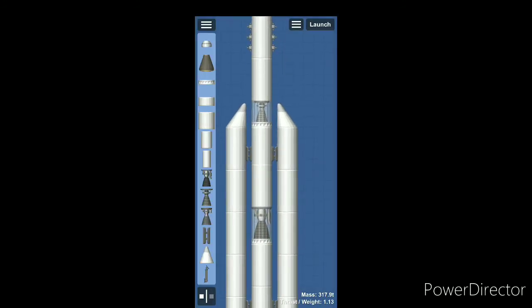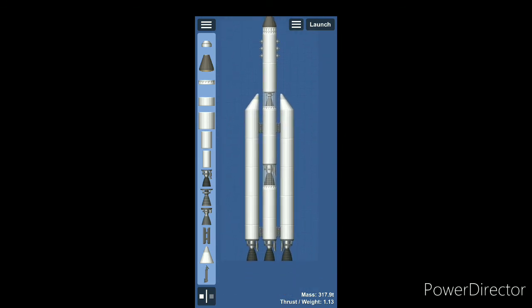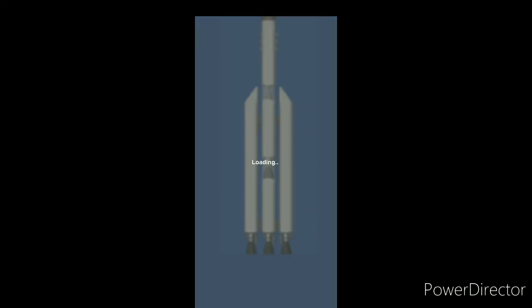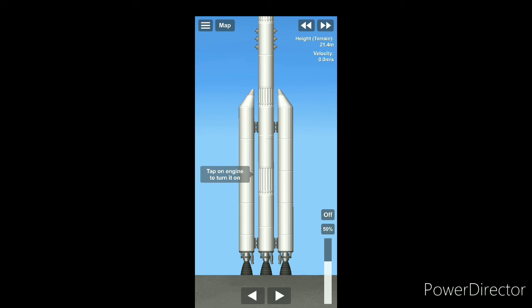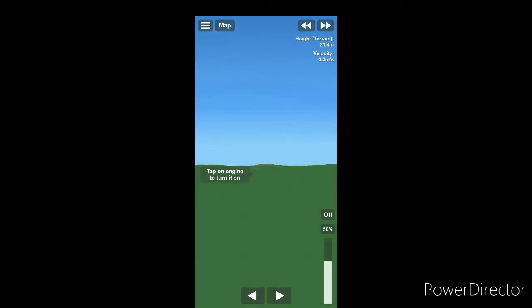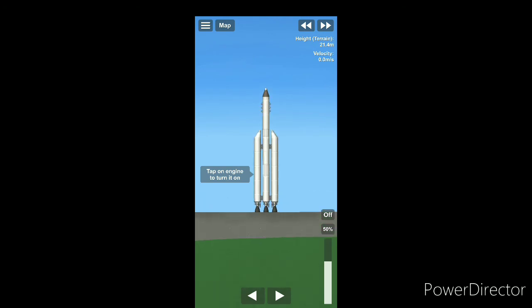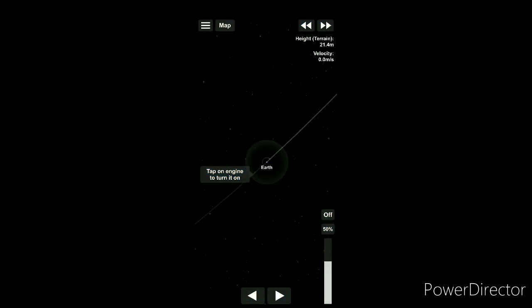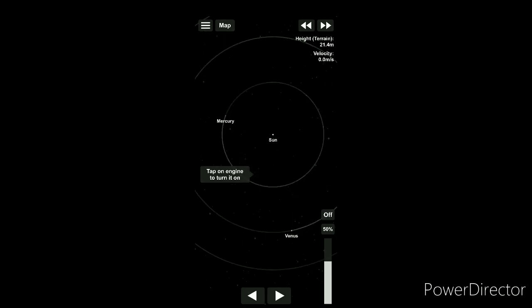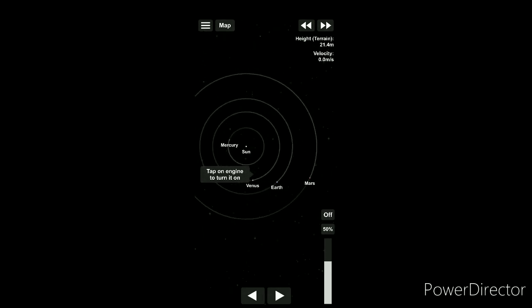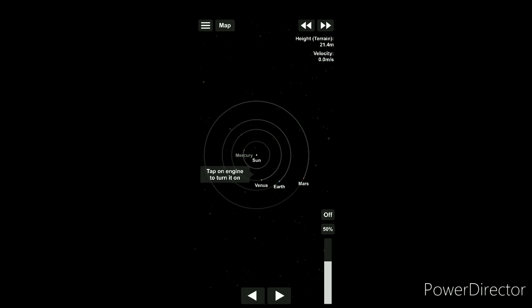So as you can see, I've built my rocket. So now let's go on and launch it, guys. As you can see, now it's come to the launching area. So here you have two maps. If you click on that corner left button map, it changes into the map which shows you the planets. And if you see, we have only these many planets because I've not bought the premier version of this in which there are more planets.